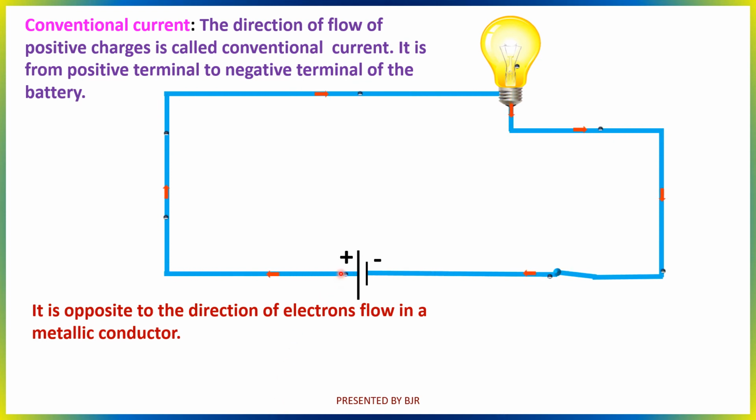Here arrows are moving along the direction of the conventional current. Actually, nothing is flowing from positive to negative terminal. I am just taking the direction of the current like that. The only thing flowing here is electron flow, from the negative to the positive terminal. Okay, but we have to take the direction of the current as the conventional current direction only.